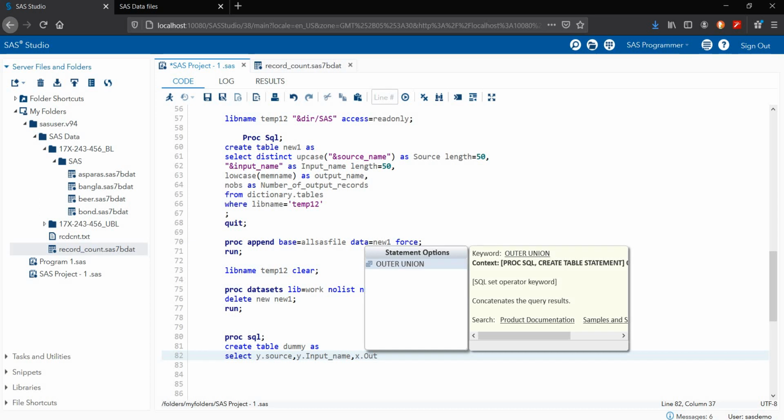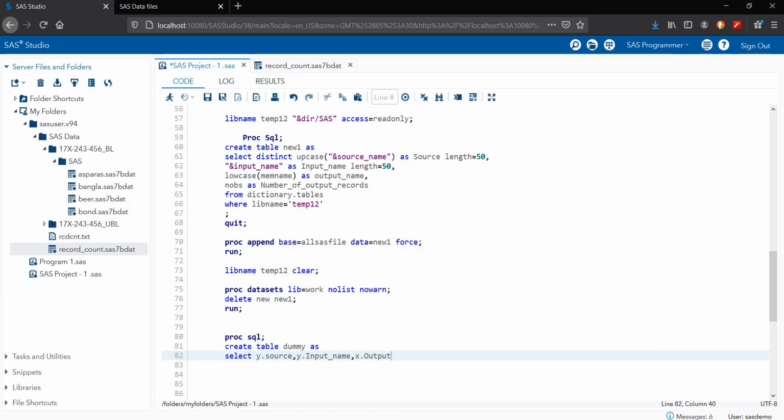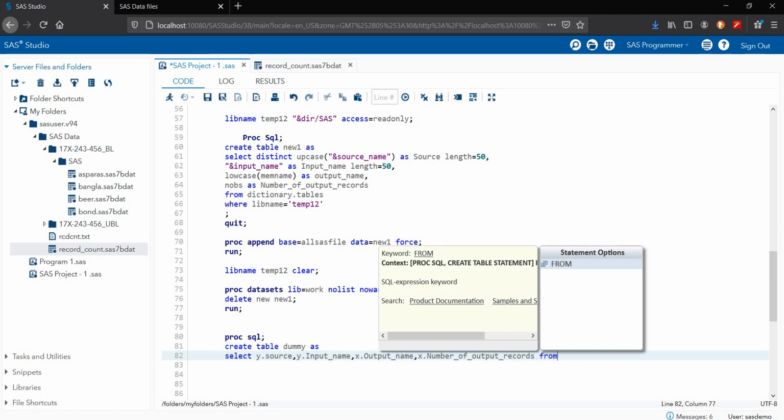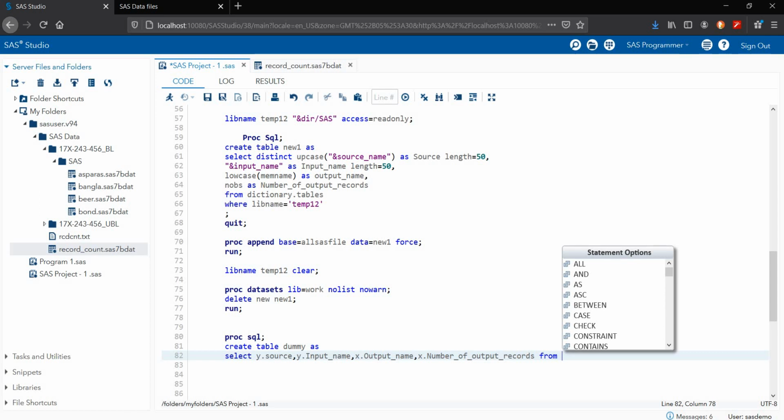Now I'm inner joining this all output underscore name, comma x dot number of output underscore records from SAS file.